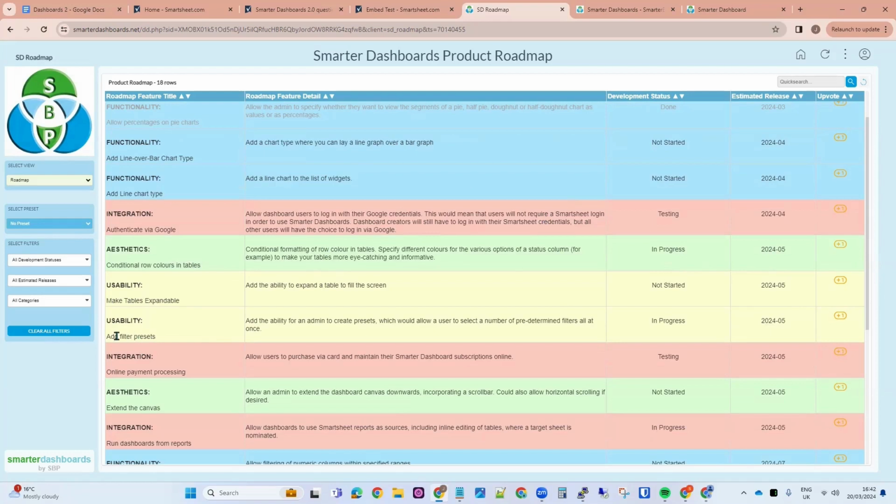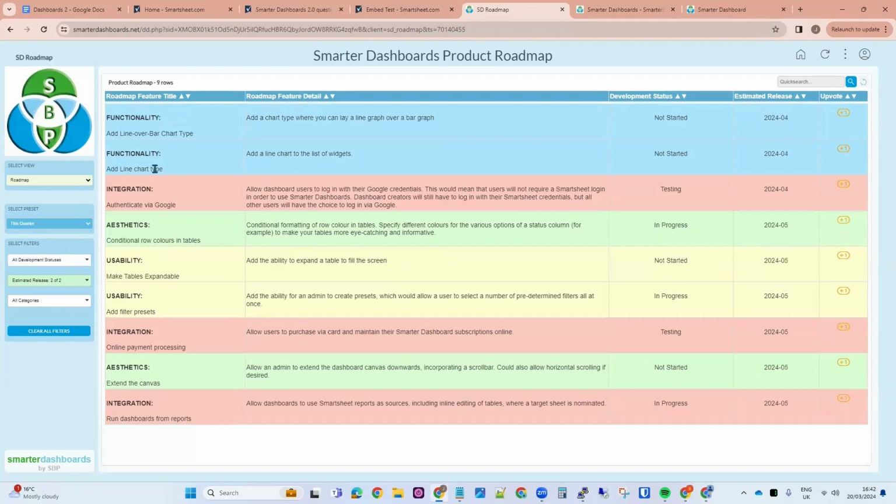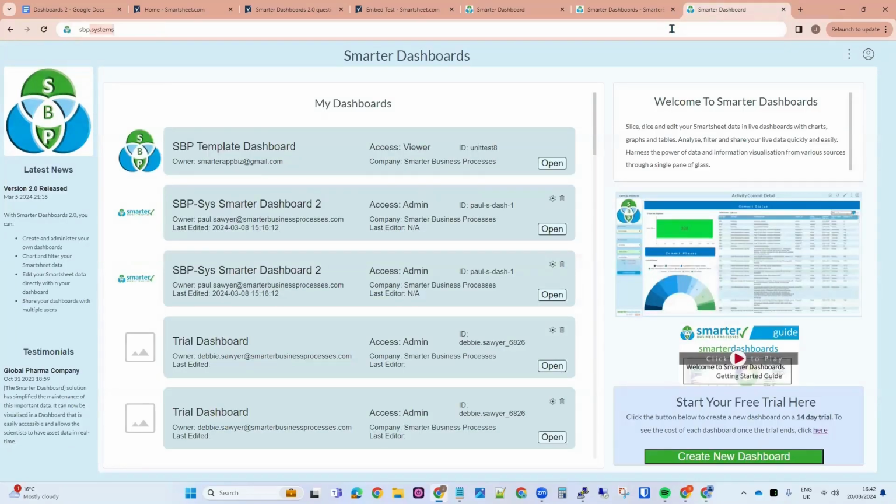And things like that. So there's various things like adding filter presets, for example, which means you can have a separate drop down here where you can preset some filters, which, for example, presets to show just the rest of this quarter, and that's obviously, as you can see, already working, but it's in test at the moment, or in progress. So there's various things on our roadmap coming up, and if I just show you very briefly our